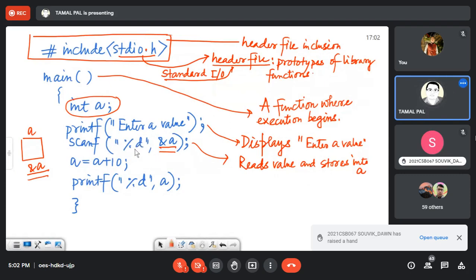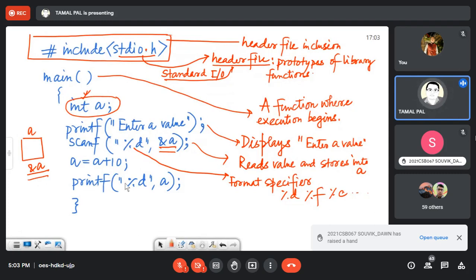This is known as a format specifier. It specifies what the format of the data is. If it is integer, it is %d. If it is floating point data, like 2.3, 3.5, you have to write %f. If it is character data, you have to write %c. For other types of data, it depends on the data type. Since I have used integer here, it is %d always.